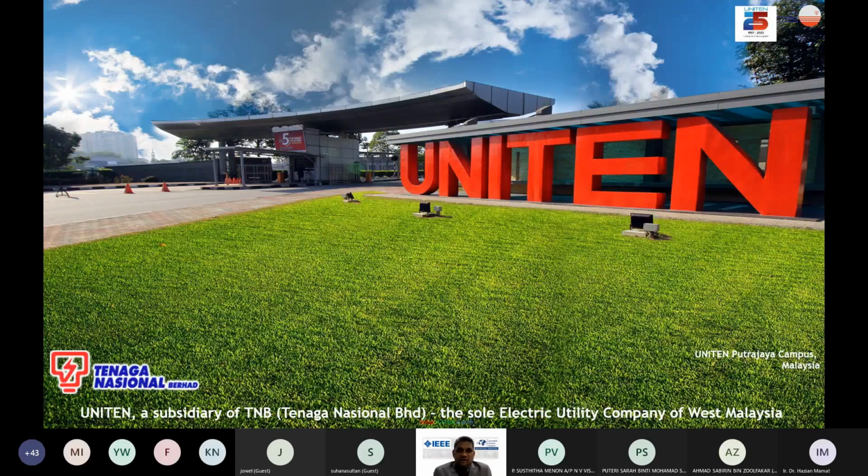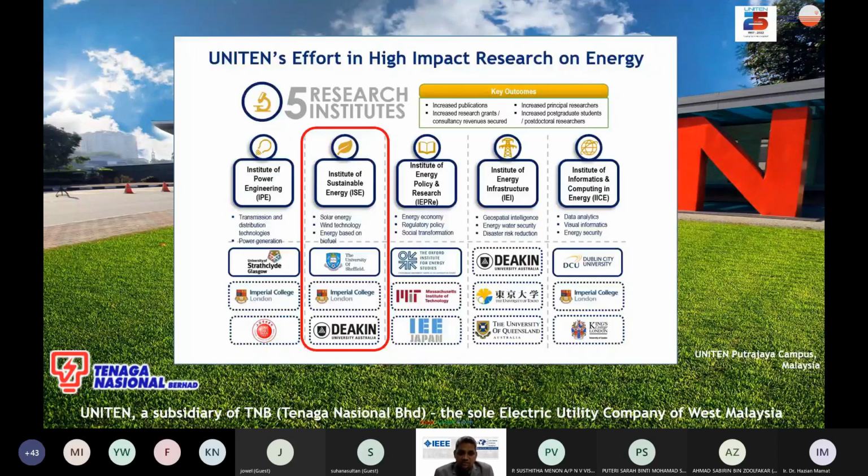About the introduction, as you may know, UNITEN is a subsidiary of Tenaga Nasional Berhad, the sole electric utility company of Malaysia. We are a teaching university as well as a research university. We take a research focus on energy-related issues under five dedicated research institutes: the Institute of Power Engineering, Institute of Sustainable Energy, Institute of Energy Policy and Research, Institute of Energy Infrastructure, and